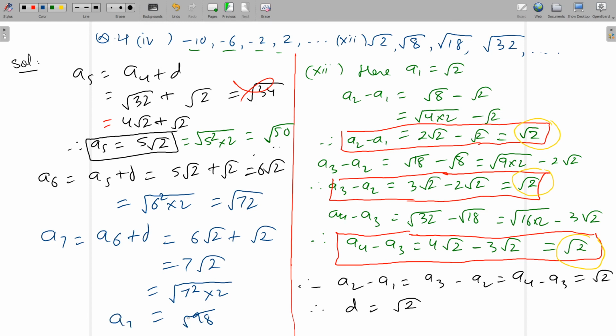So this is how we can write whatever terms are remaining. The remaining questions also, whatever is remaining, you will write in the same way. So here again I am rewriting 49 into 2, that is square root of 98. This is how you have to complete all the questions of question number 4.